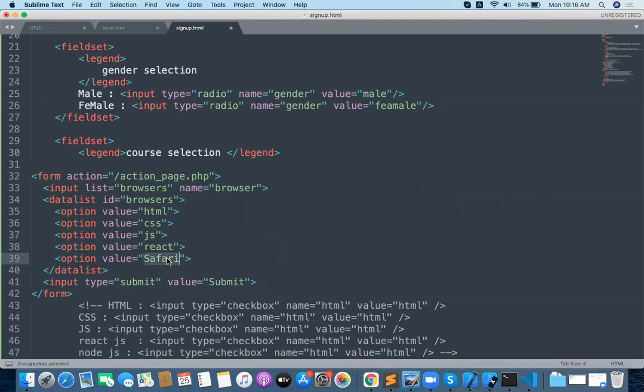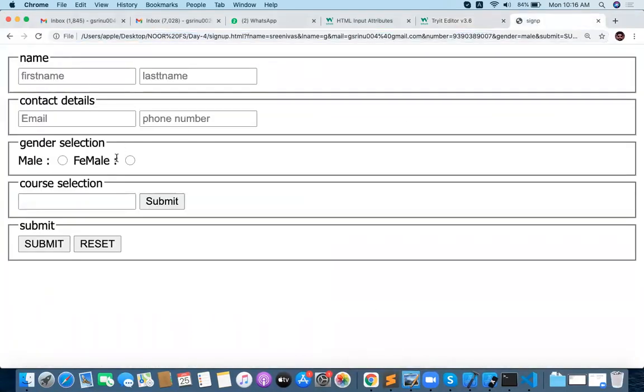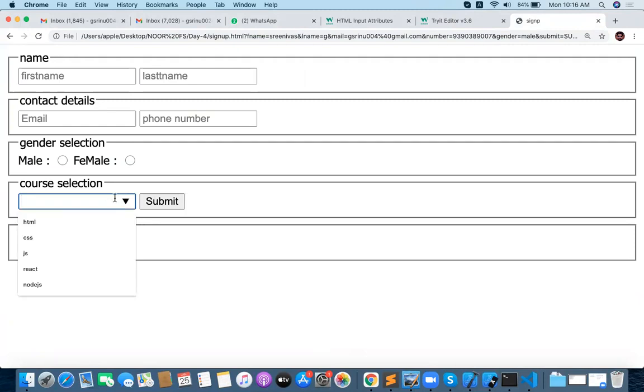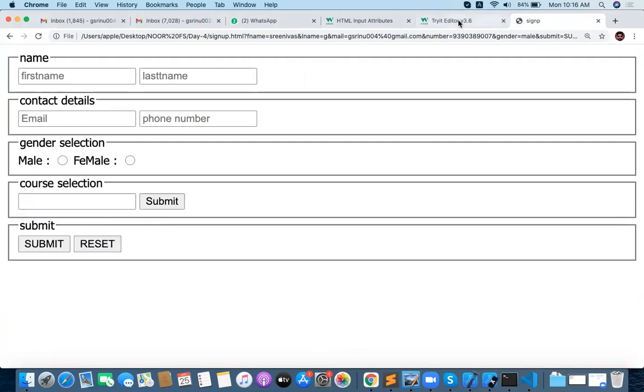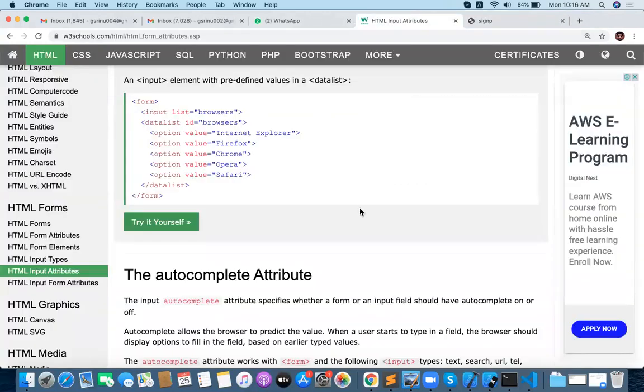He is going to be filling the form for these particular values. We can choose only one option from there; from this one you can select only one option. Here it will be the input data list. Data list is going to be available. See, a lot of elements are going to be available here.